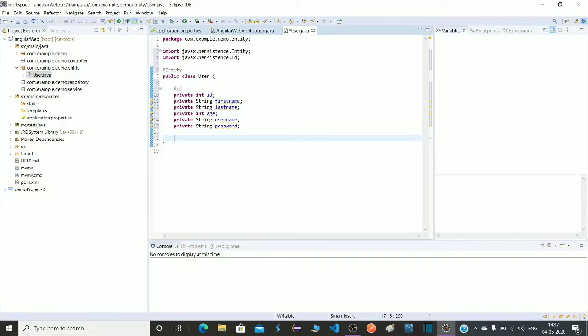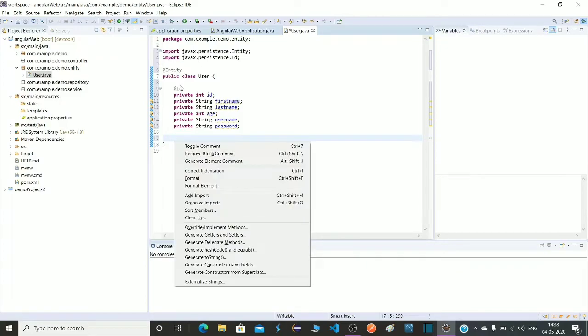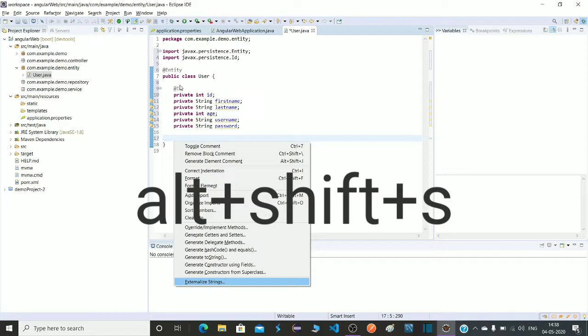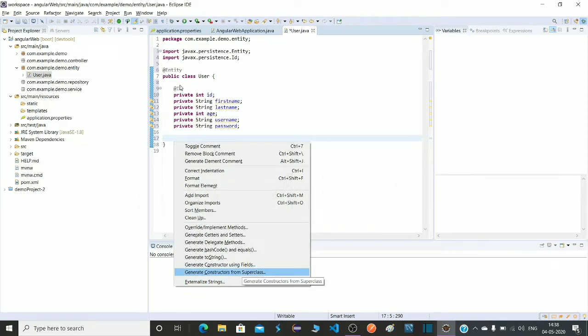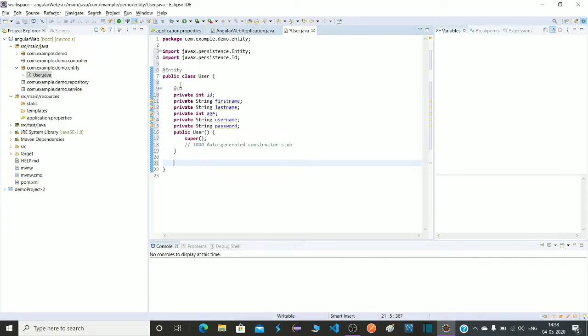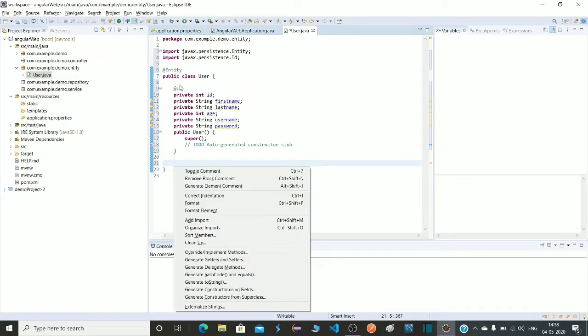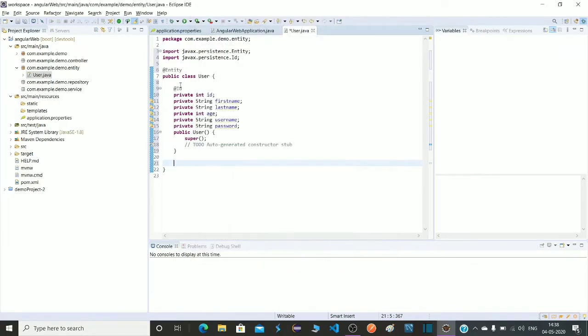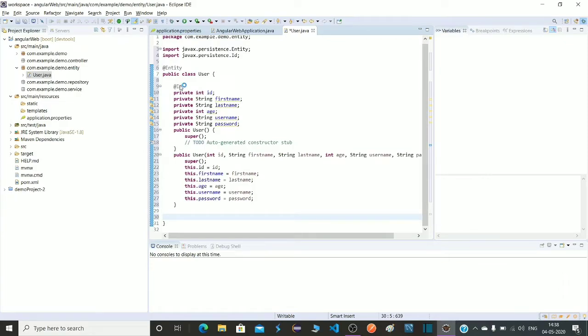We have to create a constructor. For that, press Alt Shift S on your keyboard, and this dialog box will open. From here, click on generate constructor from superclass. Generate. Again press Alt Shift S and click on generate constructor using fields. Generate. We need setters and getters also.